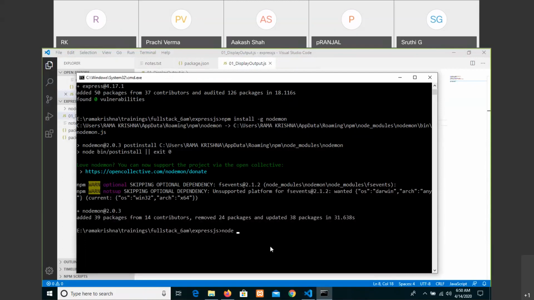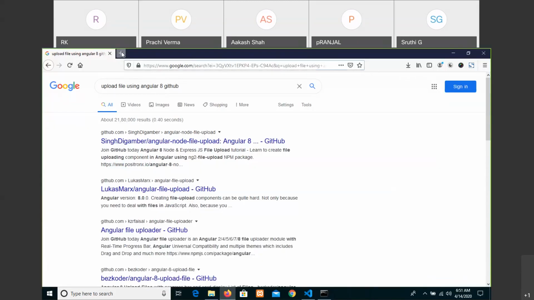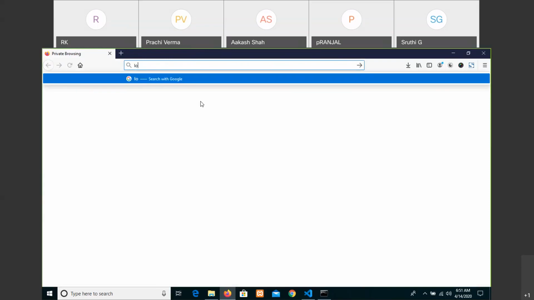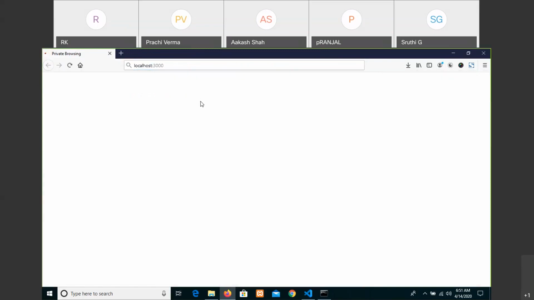If you see here, node space, and the server is connected. How can you see that output in the browser? Localhost colon 3000, and in the URL of the home page itself we are expecting the matter we have written.